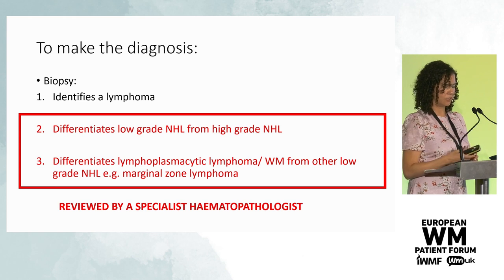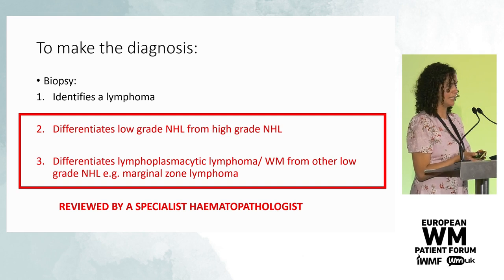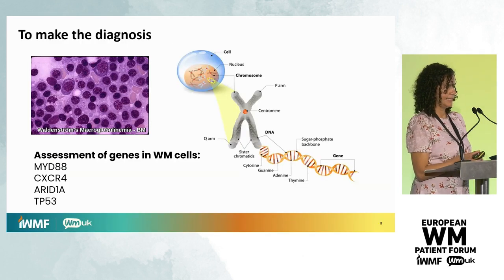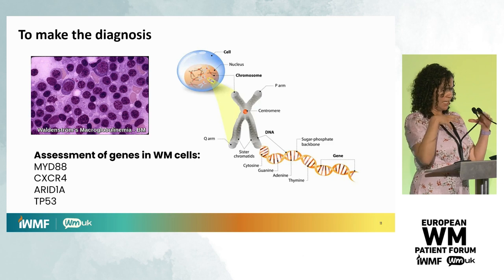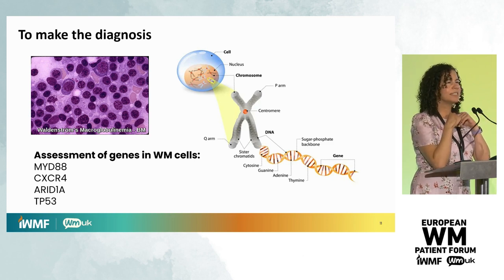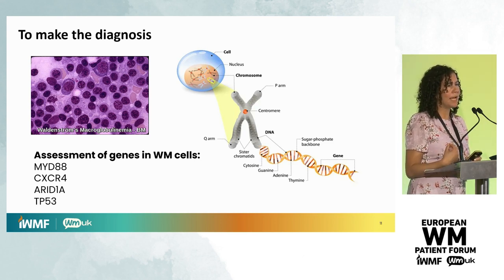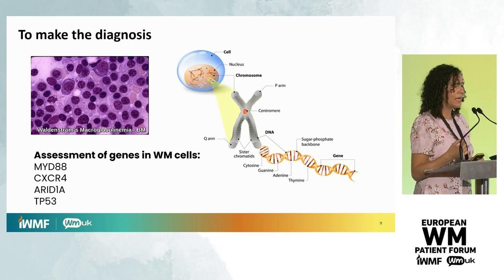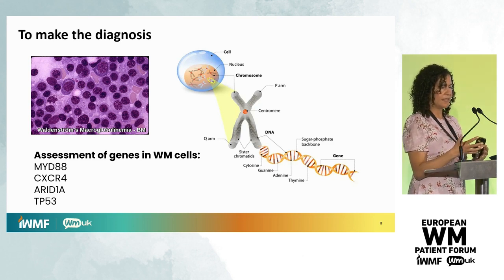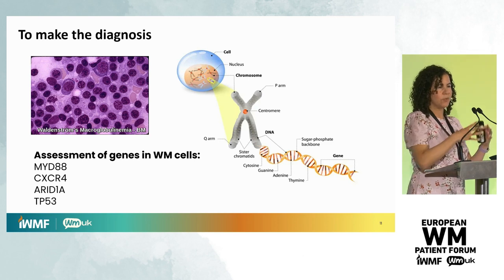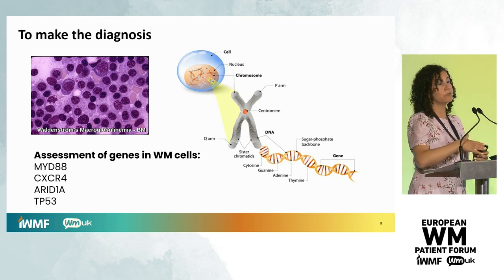And the way that the diagnostic structure is set up in the UK is that all blood cancers are diagnosed by specialist hematopathologists. So that's the biopsy when we're looking at the cells, but now our diagnostics have become much more sophisticated, but also widely available in the UK. So NHS England have invested a lot in allowing for genetic tests to be widely available. So when we make the diagnosis of lymphoma, we don't just stop there,